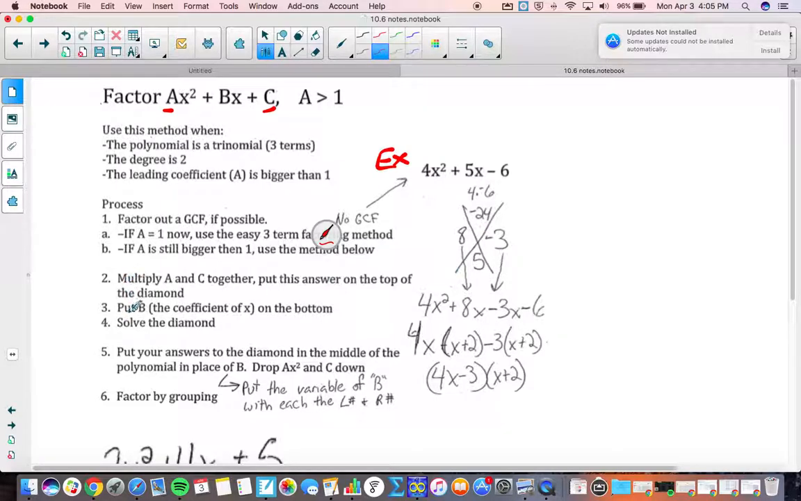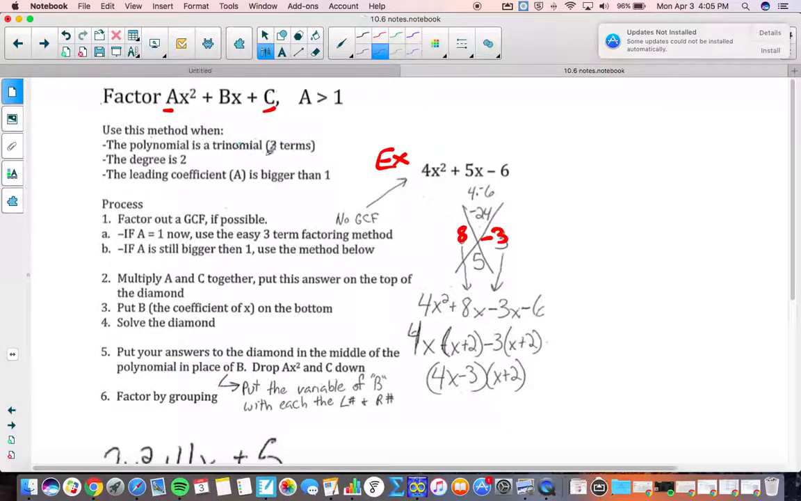So now we're going to solve the diamond. And here, numbers that multiply to negative 24 and add to positive 5 are going to be 8 and negative 3. Now we're going to put our answers to the diamond in the middle of the polynomial in place of